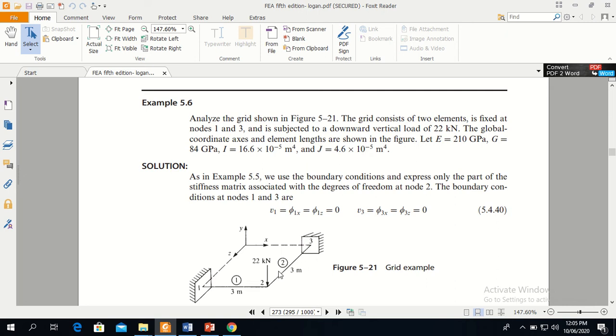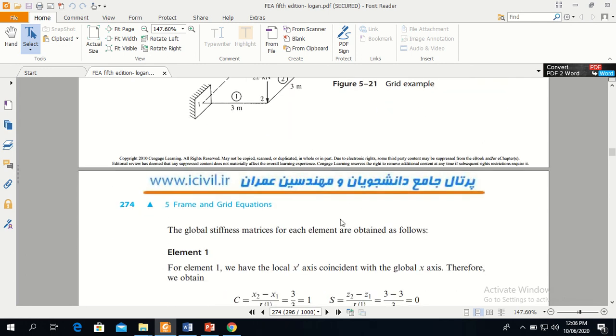So in the statement it is given that node 1 and node 3 are fixed. So that means all the displacements at node 1 and all the displacements at node 3 are 0. This will simplify our problem, and we will use this simplification, and now we'll find the stiffness matrix